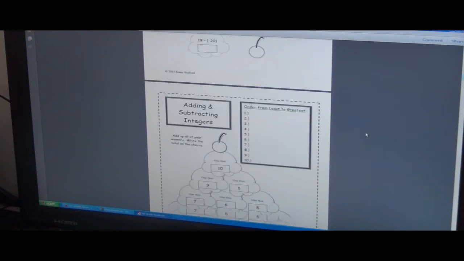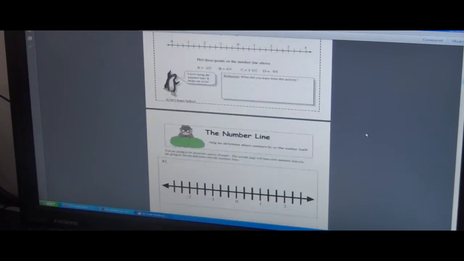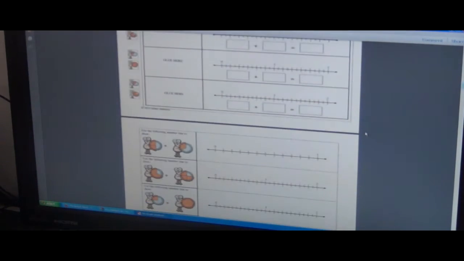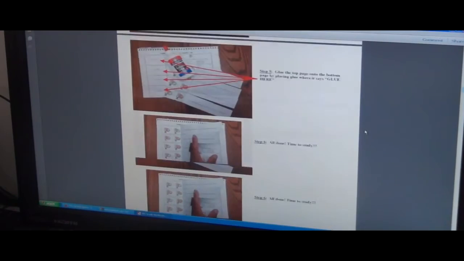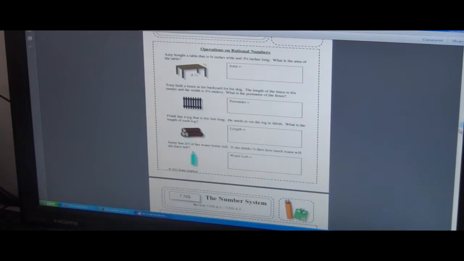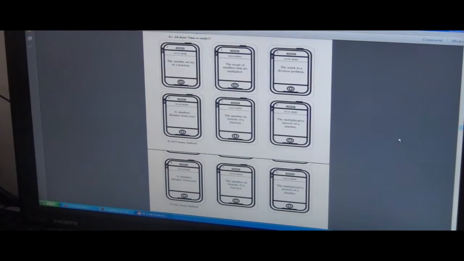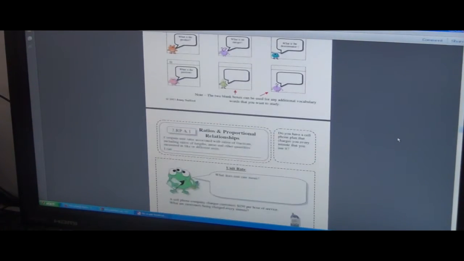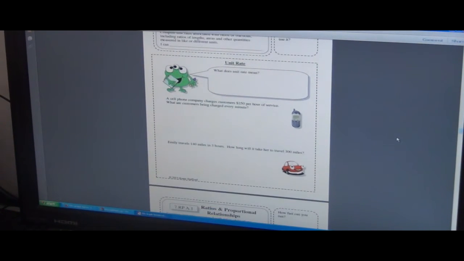So I'm going to just scroll down pretty quickly so you can see they have cutout activities where they're going to be gluing. It's a pretty long notebook. Again, it's 124 pages of material for your students. Some other cutouts, you'll see we're still in number sense, so this is quite a bit. They're going to be dealing with fraction bars, multiplying, dividing. Okay, so then they have vocabulary that they're going to be matching, making these little cell phone vocabulary